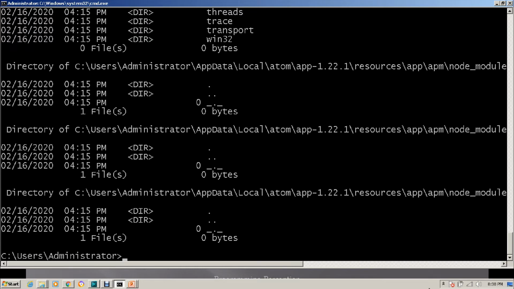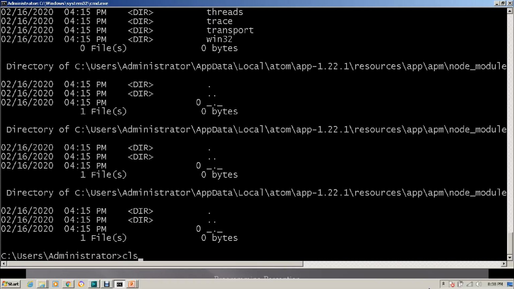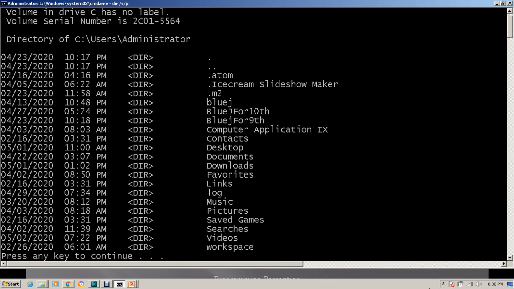But I can use more than one switch together. Like there is a switch /p to show the content page wise. So if I am watching my subdirectories, I can watch them page wise. Let's see that. Let's clear the screen. CLS. I am typing dir /s and /p, 2 switches together, and enter. So it's shown me administrator directory.